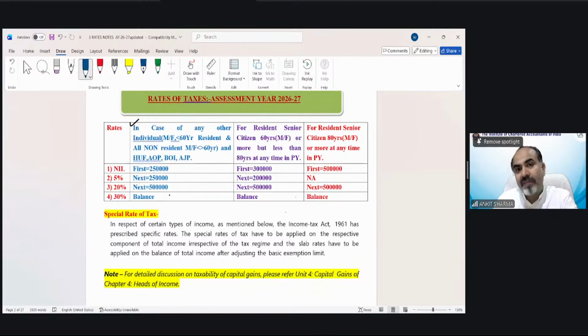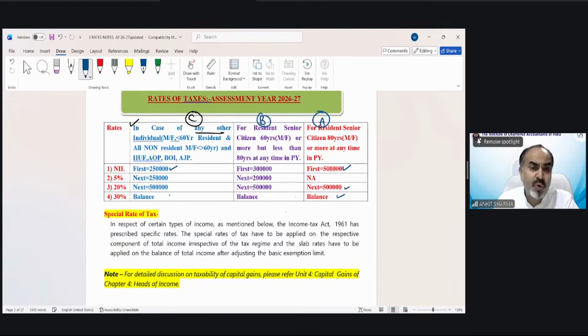Whatever we have gone through with the chart is as per theoretical provision. If you need to understand the rate structure, it is over here. In case of any other individual, this is our C category, this is our B category, and this is our A category. For super senior citizen, up to 5 lakh is free. So there is no tax liability at the rate of 5%, because for super senior citizen, up to 5 lakh there is no tax.